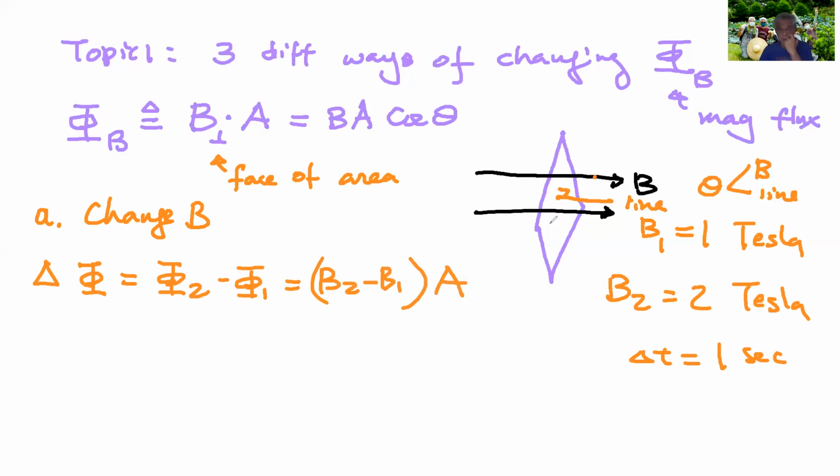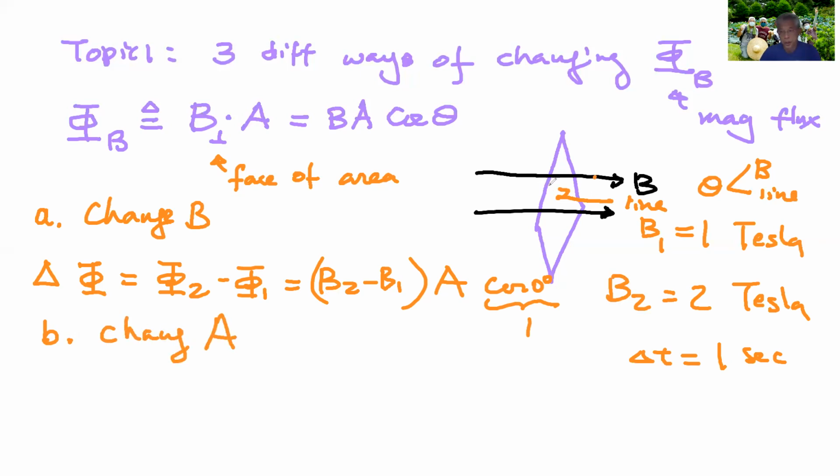For cosine theta, in this case, theta is equal to 0 degrees. So this is cosine 0 degrees, so that's equal to 1. So then that will be the difference that you can calculate. So that's one way. Second, you can change the area. So let's say if this wire can actually shrink and expand, so you can change the area,